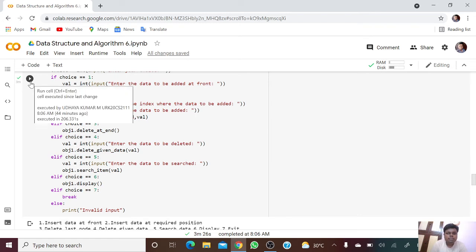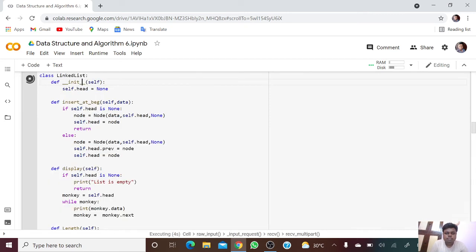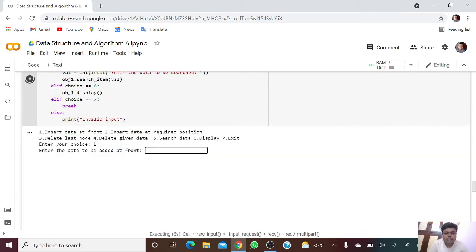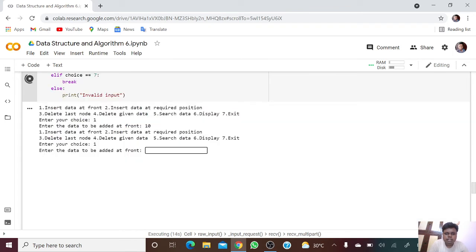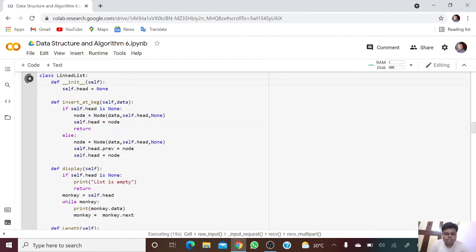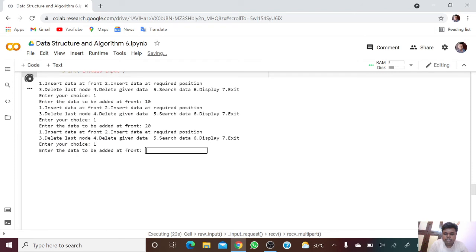Now we run the code. Now it's asking enter choice. I'm going to give choice 1. I'm going to give data to be added at front as 10. I will give choice 1 and front data as 20, and again choice 1 and data to be added at front as 30.